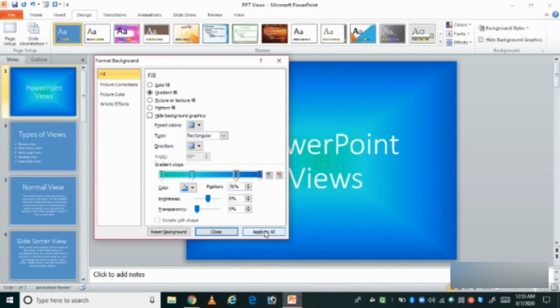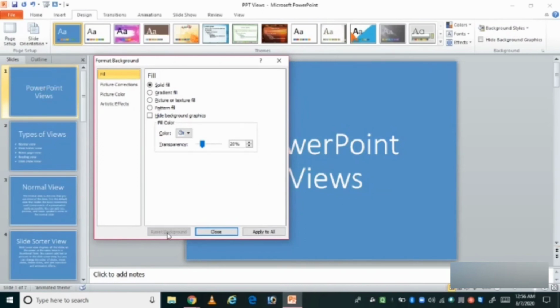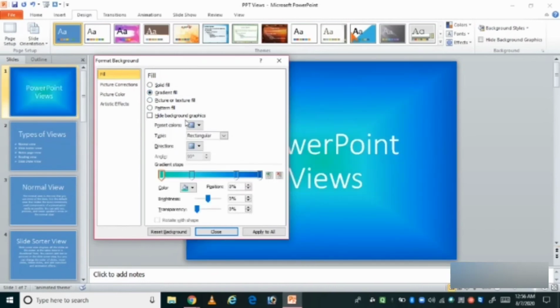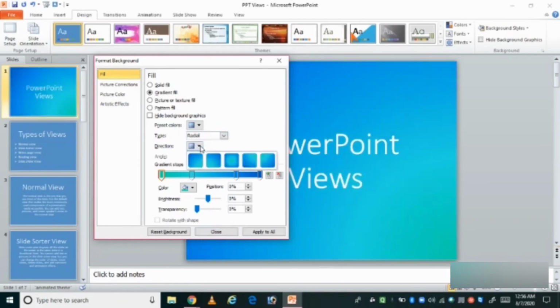If I click on Apply to All, it will apply to all other slides. If I click on Reset Background, it will go back to the last option. I'm just clicking the Reset Background option, you can see. So once again, I'm doing the same thing. I'm clicking on gradient fill, and it's rectangular. I'm taking it as radial, and the direction is from center. So you can see the change.